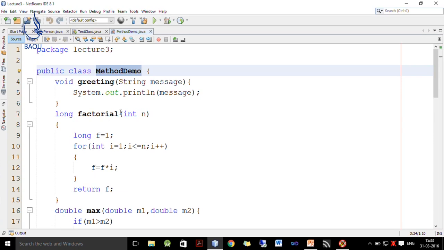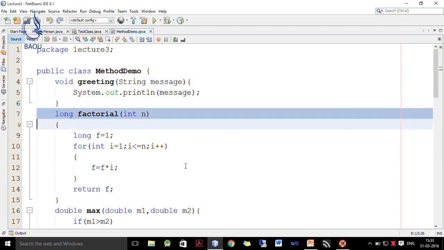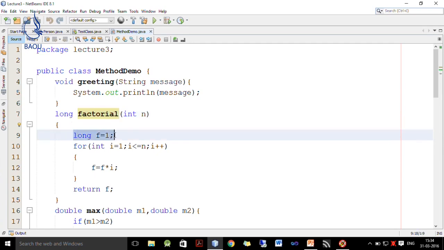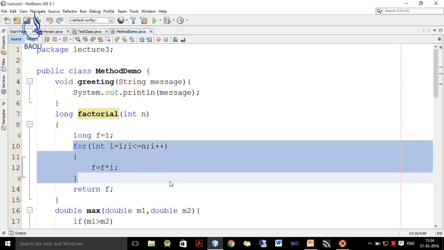displays that message only. The next method is a factorial method, and it actually calculates the factorial of n and returns this value as long. So, I initialize f to 1 which represents the factorial of the given number. The factorial is nothing but multiplication of 1 to n if we want to find the factorial of n.